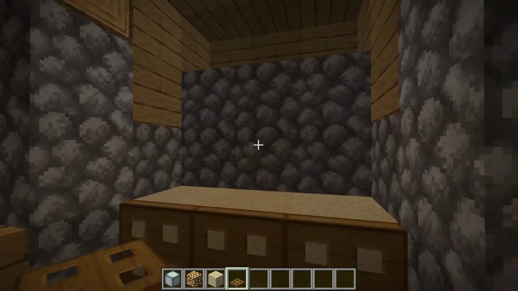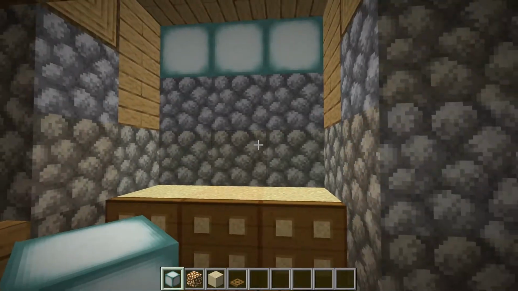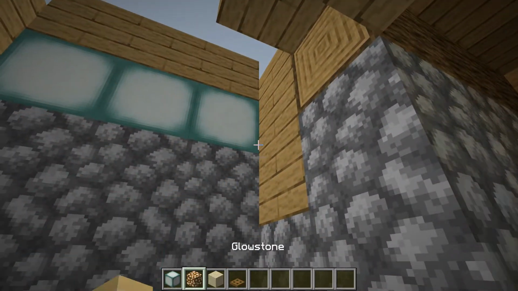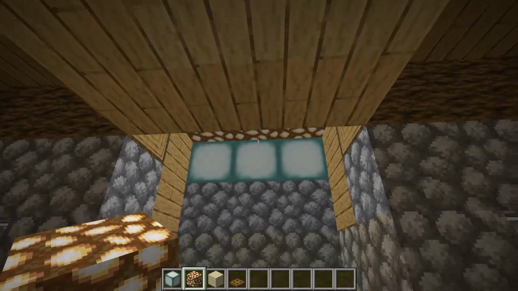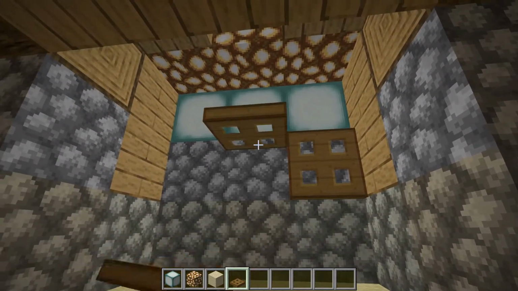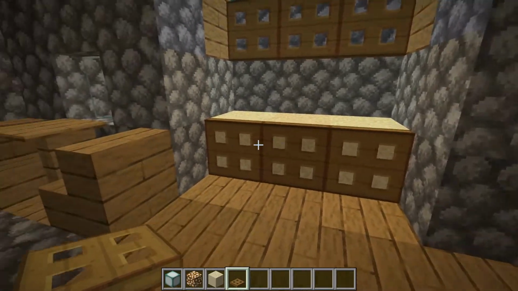to contain it. We use a combination of sea lanterns and glowstone lamps to generate special infrared light. This is the secret to growing perfect mushrooms every time. The soil will be exposed to the open light for a few minutes, as we create a retractable canopy above with trapdoors. We must now let the soil rest for a few minutes while we can set off to prepare